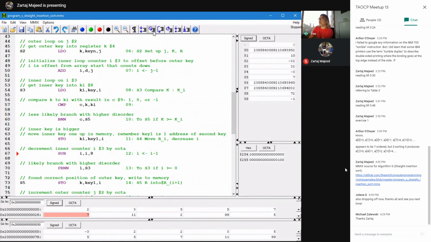So the 7 moved up, you can see that down here, right? So just keep your eye on this memory panel, and we'll see that happening. In fact, what I can do is put a breakpoint here, and then we don't have to step over each instruction. So let's do that. After 7, we should see this 5 moving up here, and then this other 5